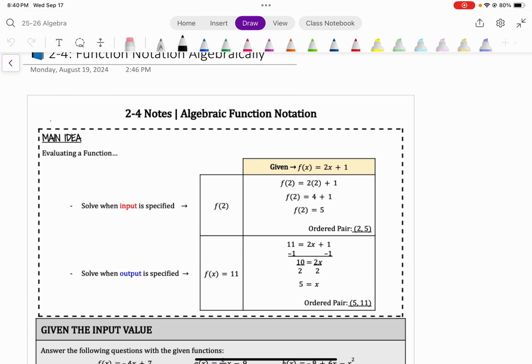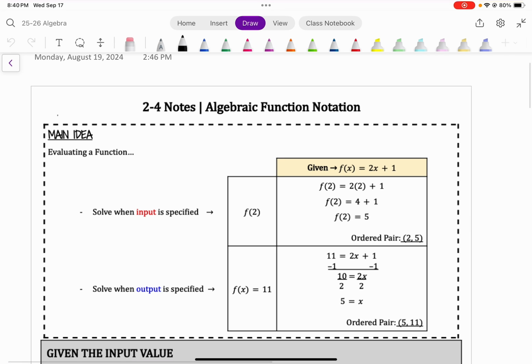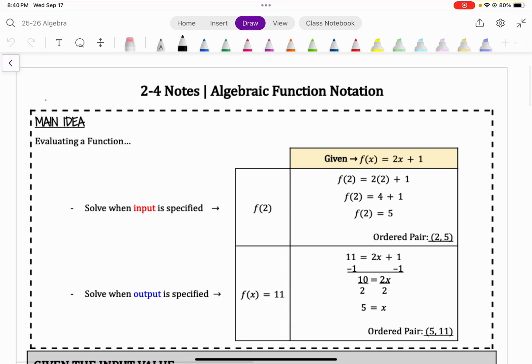These are algebra notes for section 2.4, where we are going to use algebraic function notation. There are two different types of problems we're going to look at. We can solve when the input is specified, that's whenever we know the number we're going to use for x or whatever the input is. So this one says f of 2. We're going to put 2 in where we see an x, and then solve for the output,